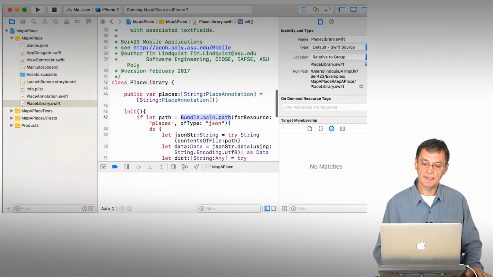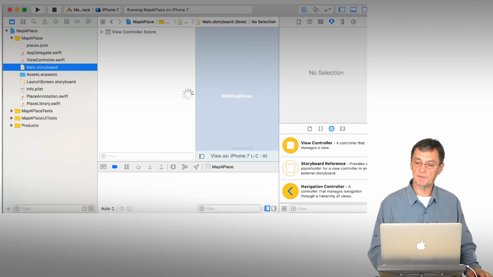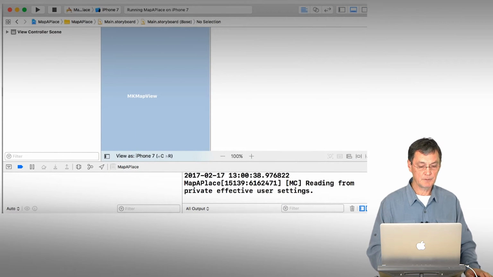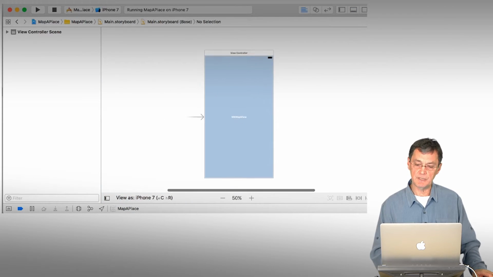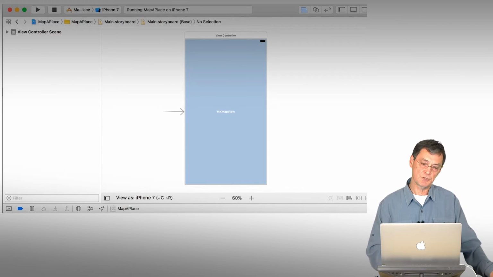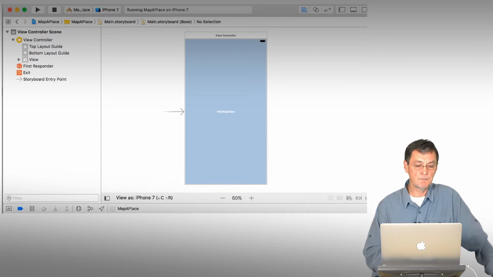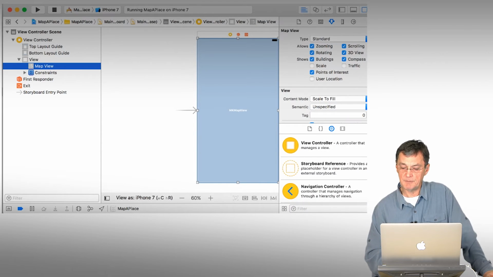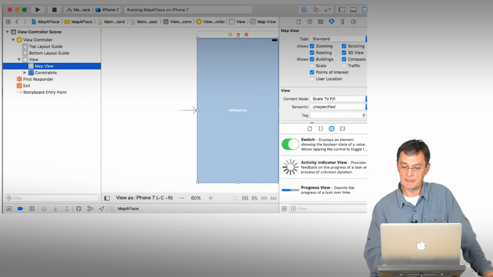Okay, so let's take a look at the meat of the code. Well, let's actually go to the storyboard first so you can see the components that are on there. Let me get rid of some of the other components of this UI so we can see it a little bit better. And I'm going to minimize that. So we have a single scene, a single view, which comes with a standard single scene app. And to that scene, the only thing I've really added to the view is a map view, right? And the map view comes from the set of objects over here. If you scroll down, you simply have to drag out a map view, find it, and then drag it out